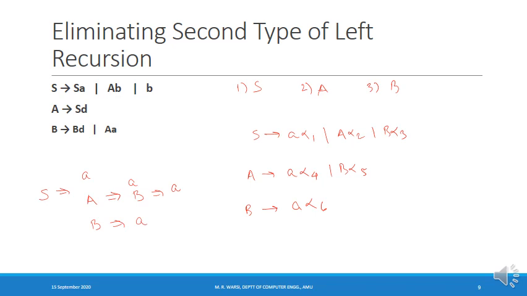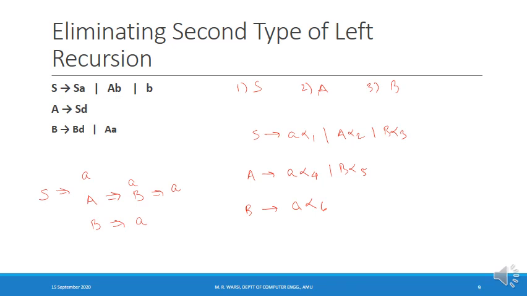So if you look at this, we have considered all the possibilities, and in none of the possibilities are we obtaining capital S on the right hand side, beginning from capital S. So when I start from capital S, the string that I will obtain can either begin from a small a, or from capital A, or from capital B, but it cannot begin from capital S. So the left recursion in more than one step gets eliminated if I process the productions of the grammar in this particular manner.